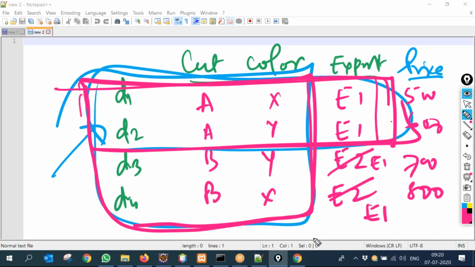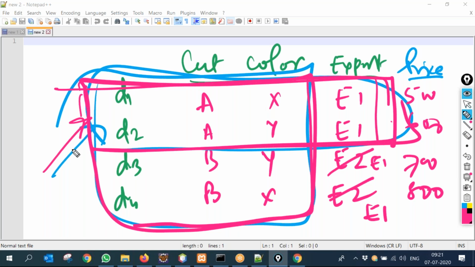Everybody, if you ask me, the price from E1 will differ if the parameters are different, like the cut and the color. Suppose you are a new pricing expert, you are learning, and you are given a file of data of only E1. What will you learn? The way E1 prices the diamonds. Yes or no?